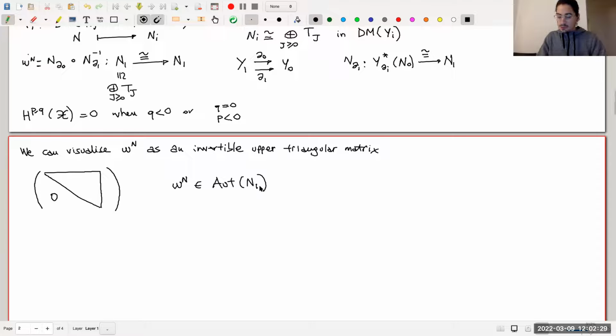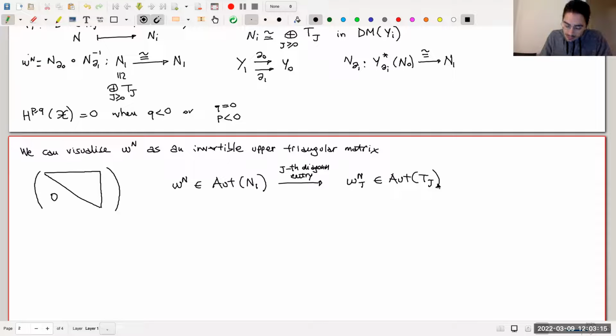Well, we have seen that all these automorphisms, these elements, are represented by this sort of matrices. And so in particular, I can consider the j-th diagonal entry. So I can go from here to the j-th diagonal entry, and I get just an element omega n j, which is now in the automorphisms just of T j. Okay, all of this is a bit painful, a bit technical, but